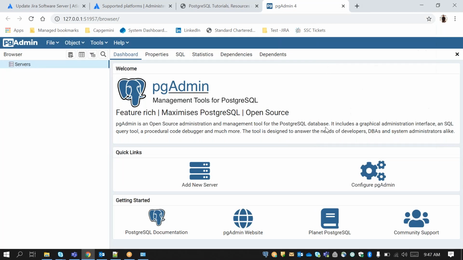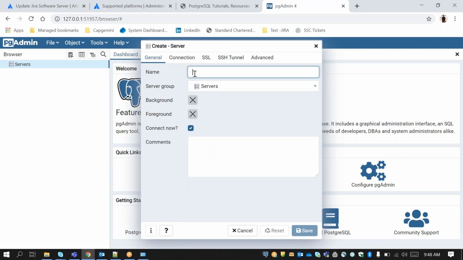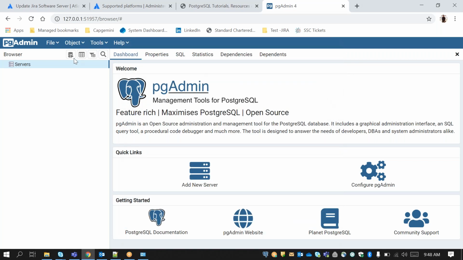If you click on this, it will open here, and once the database is configured with your data like Jira, that data will be stored, and we can see many things here.